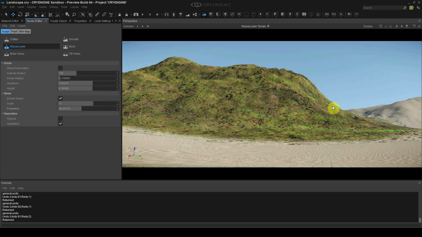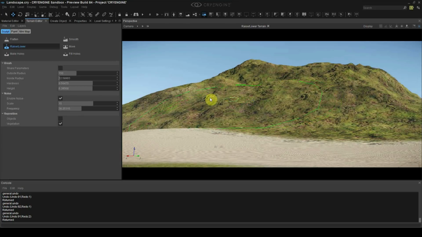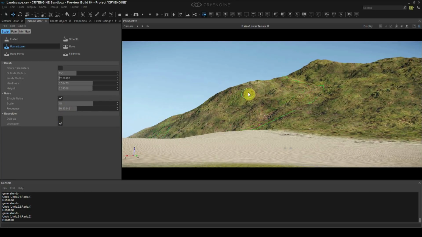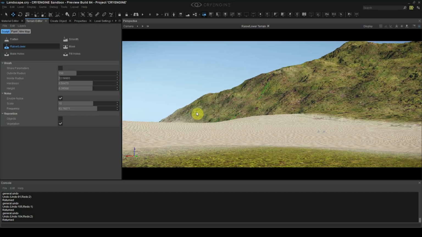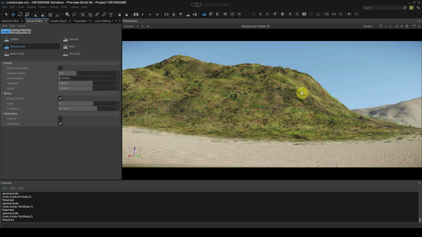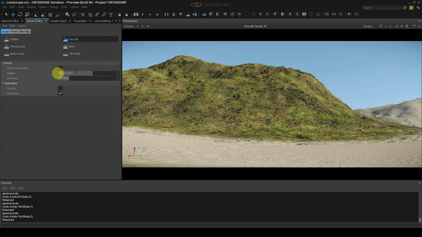So that kind of looks nice and more detailed, and don't worry if it's a bit too detailed for now, because we're going to fix that in a second. So what we're going to do is get a bit more edge detail, and yeah, now we have something like this. What we can do is of course smooth out some of this stuff. So I'm just going to go with a smooth brush and create these nice smooth